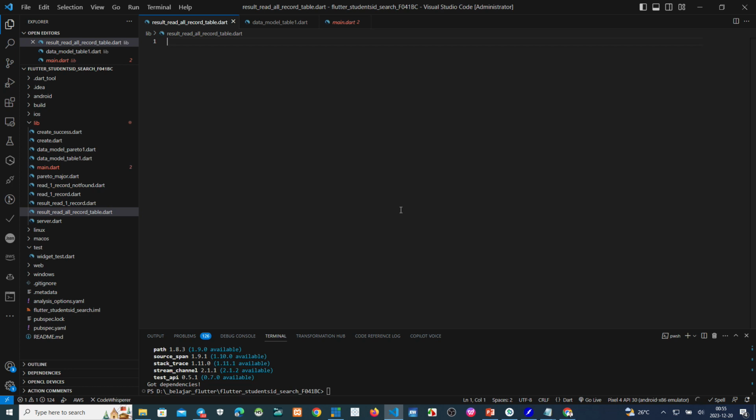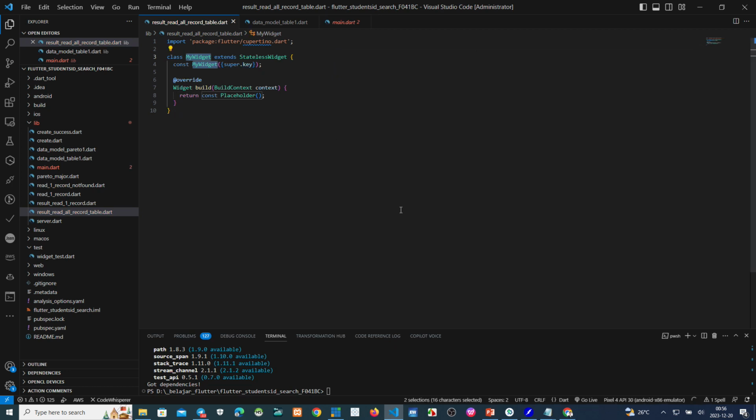The first one we use is a stateless widget, st. Okay, this one, stateless widget. Now we make a class name, result read all record.